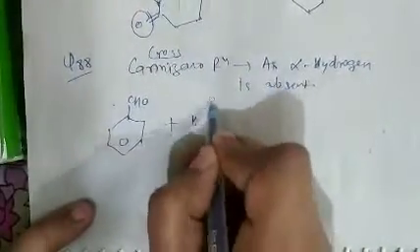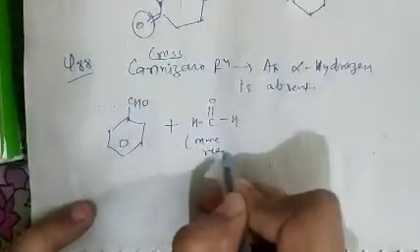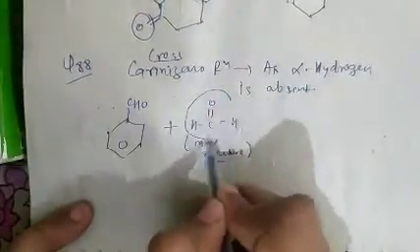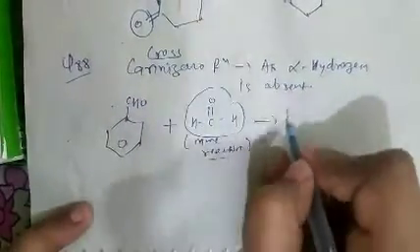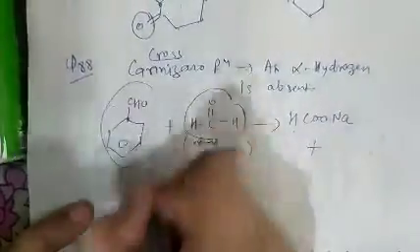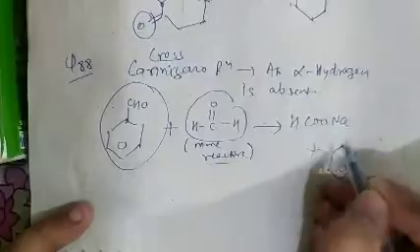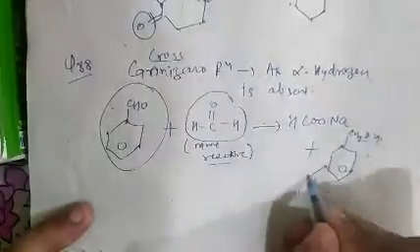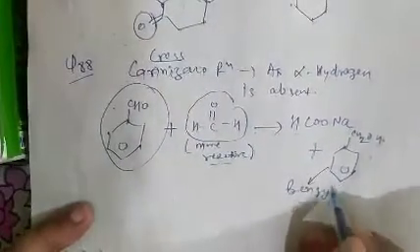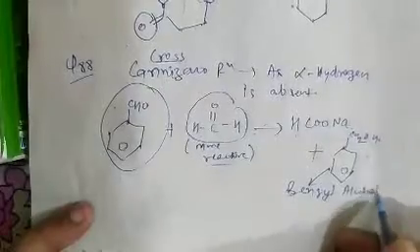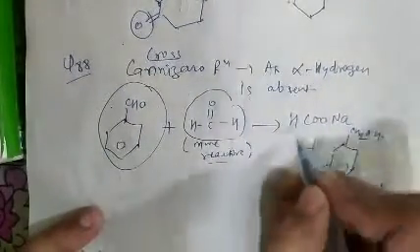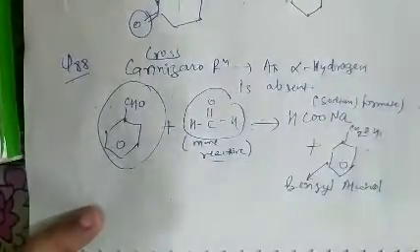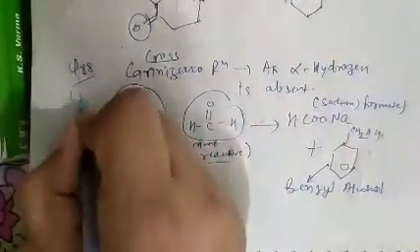Benzaldehyde and formaldehyde: as formaldehyde is more reactive than benzaldehyde due to less steric hindrance, the more reactive one will oxidize into acid and the less reactive one will reduce into alcohol. So these are the products formed. The products are benzyl alcohol, and the other product is the salt, sodium formate. So question number 88, option A is correct.